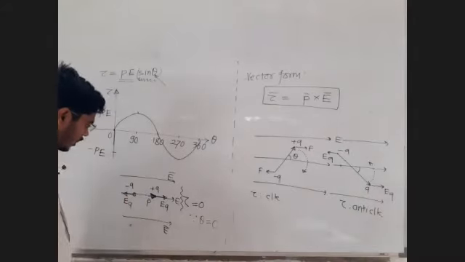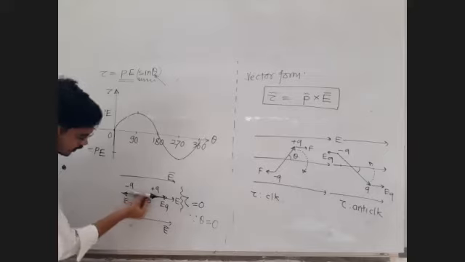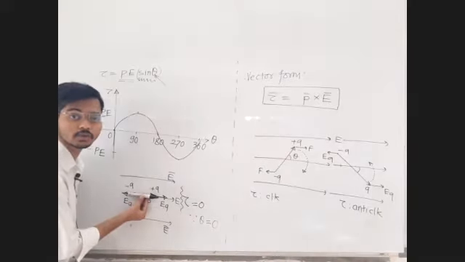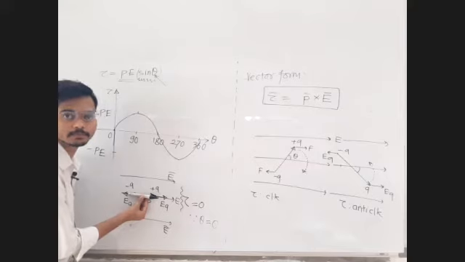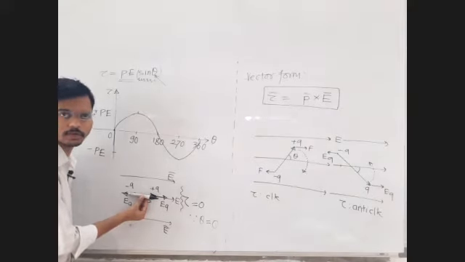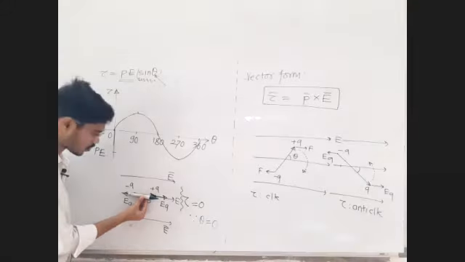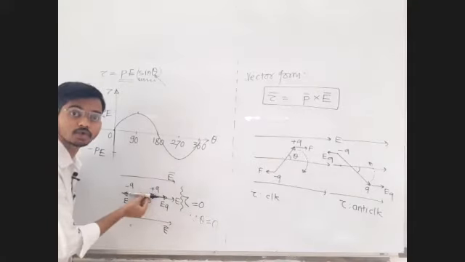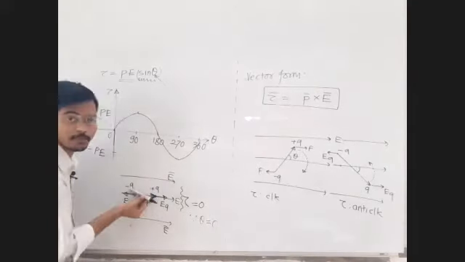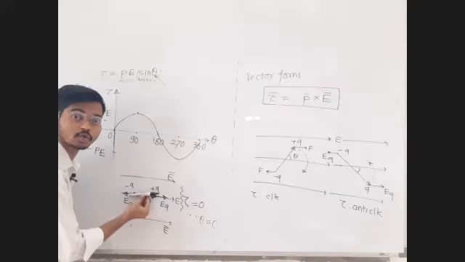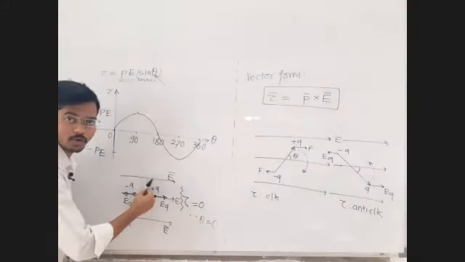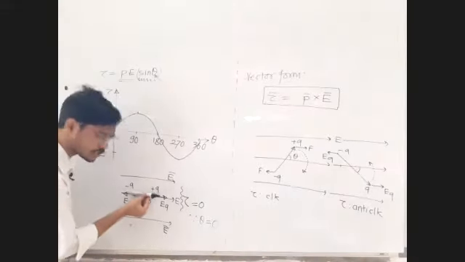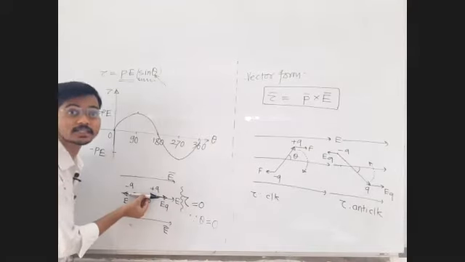Now, for this position of the dipole, net torque is equal to 0, so it is called equilibrium. Net torque 0: rotational or angular equilibrium is there. If you displace the dipole from this position, it will be brought back to the same position, because on one side you have clockwise torque, and on the other side you have anti-clockwise torque. So this position is called stable equilibrium.